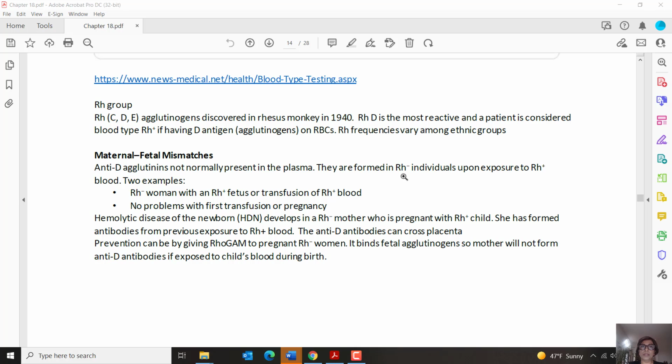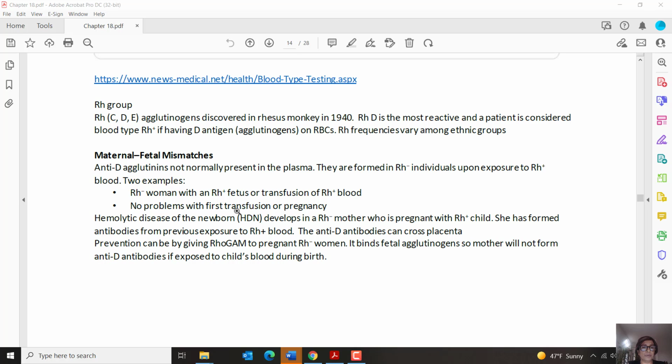An individual with Rh negative blood is going to produce the antibodies only after receiving or coming in contact with positive blood. If an Rh negative individual never gets it, they will never produce antibodies. For example, if an Rh negative woman has an Rh positive fetus or a transfusion of Rh positive blood,